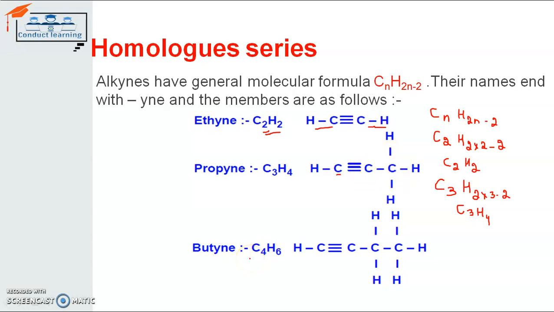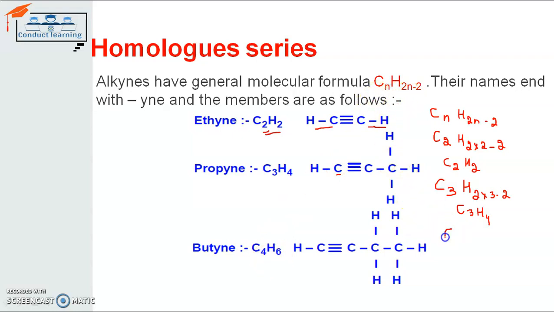You can switch to the next one also, that is butyne. The chemical formula for butyne can be derived from this molecular formula itself. The molecular formula is CnH2n-2, and here the number of carbon atoms for butyne is increased by 1, which is 4, and the number of hydrogen atoms is increased by 2, which is 6. When you compare this butyne with propyne, there is a difference of 1 carbon atom and a difference of 2 hydrogen atoms. So accordingly, you can derive this formula from this molecular formula also.